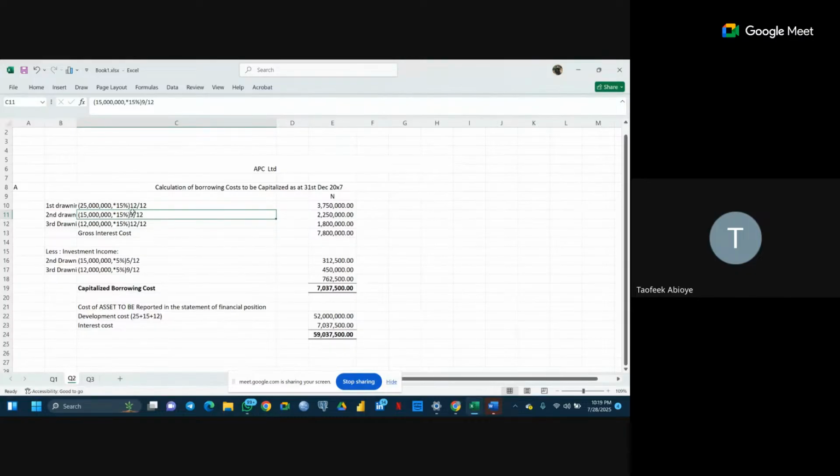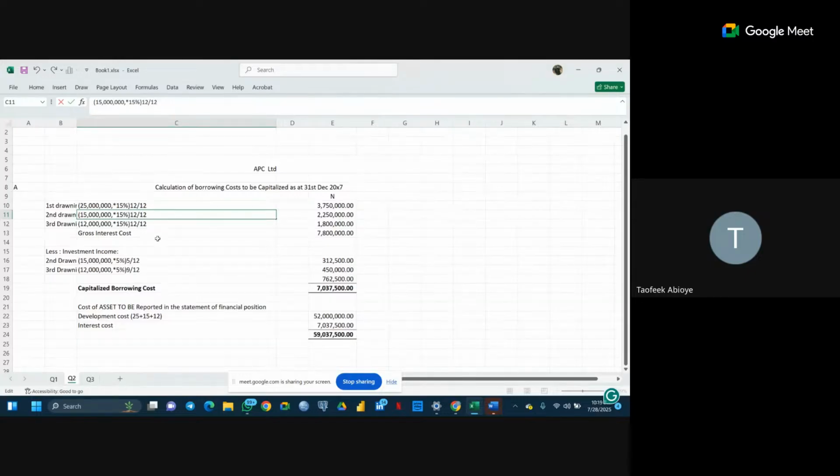a 12-month basis period, irrespective of the month that we withdraw the money. Just like we have an agreement with bank now, and the bank give us at a specific rate, just like we have it here, the bank give them at the rate of 15%. So irrespective of the month that the company withdraw or make use of the fund, the interest is going to be calculated on 12-month basis. So it's going to be 12 divided by 12. So we are not going to prorate it.